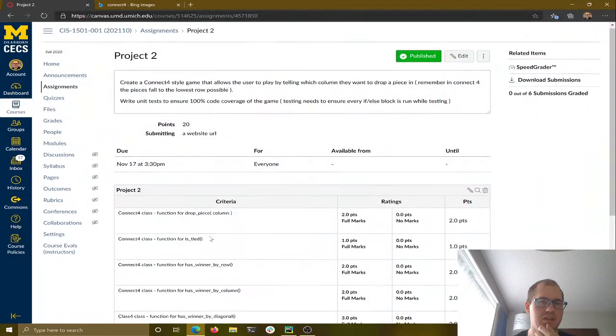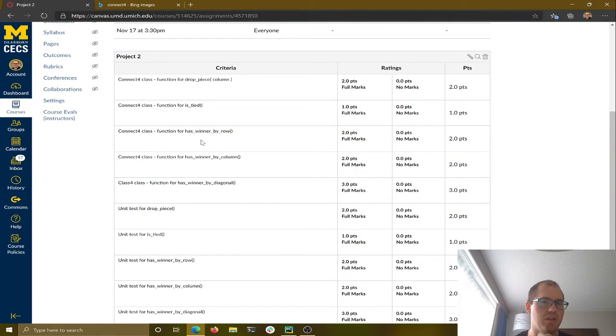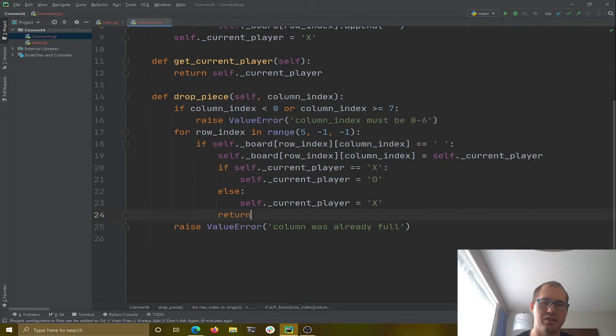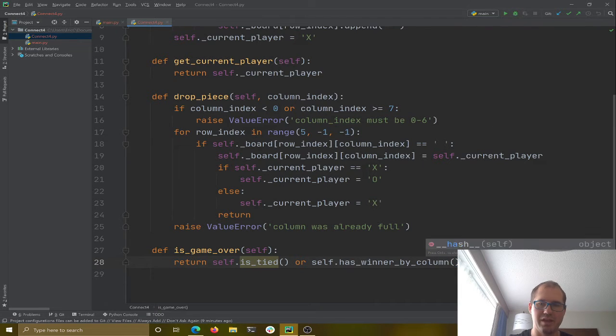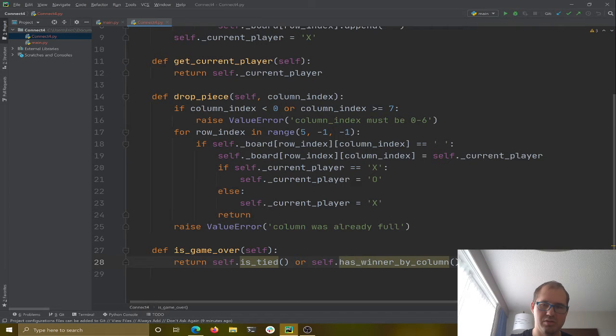And then we need other functions: is tied, has winner by row, has winner by column, has winner by diagonal, that sort of thing. And really all of that is part of is game over. You don't need a function like this, but if you had it, great, that's cool. So the game's over if self.is tied or self.has winner by column or self.has winner by row,